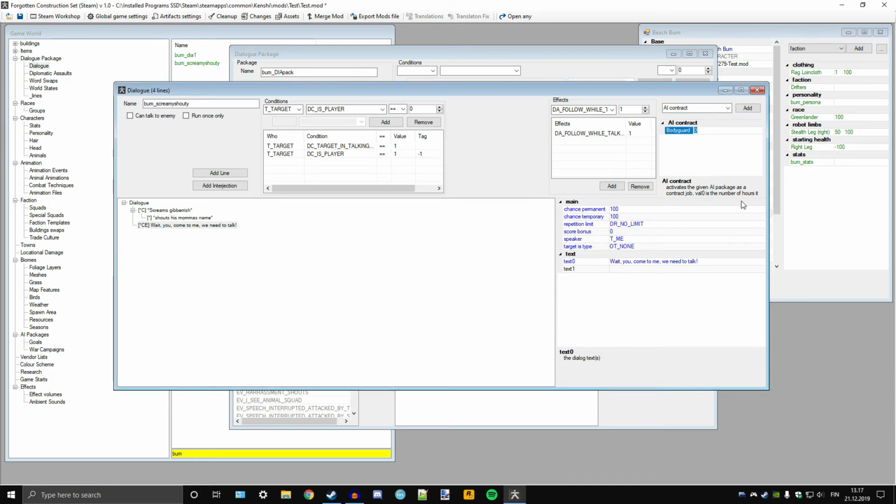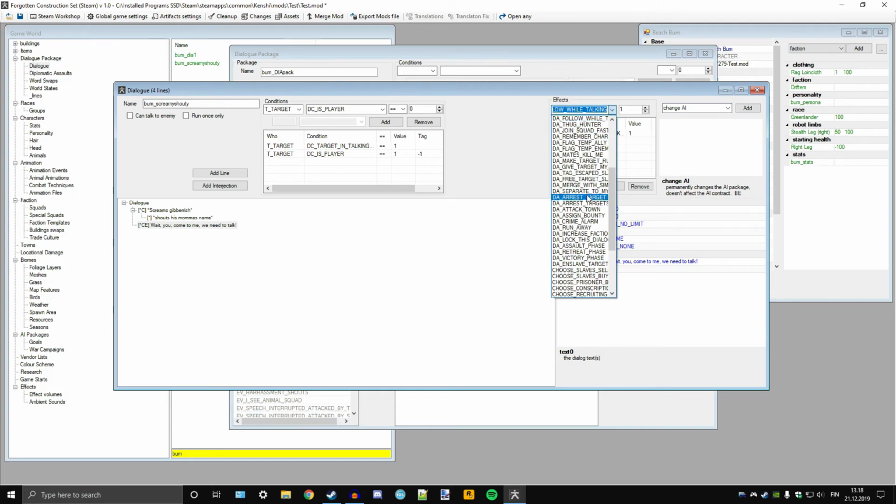And here's the number of hours that the bodyguard mission will stay. So 72 hours. And I'll delete this, but then you can add a dialogue, like pay me for 3 days, pay me for a week or something like that. And then you can add the hours to the end of it. And then you can add dialogue which they say after the mission is over. I think I never got it to work, but it's probably not because it doesn't work, but because I lost interest when something didn't work the first time, and I just did something else. Change AI, I think, just changes the AI completely, but I think you might have to,